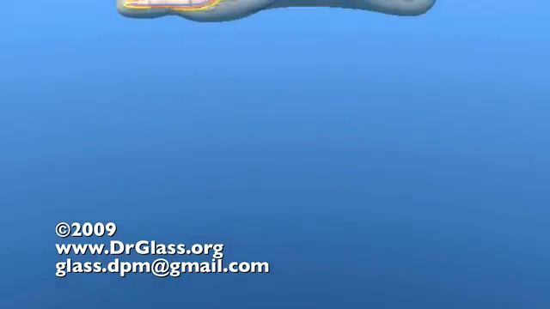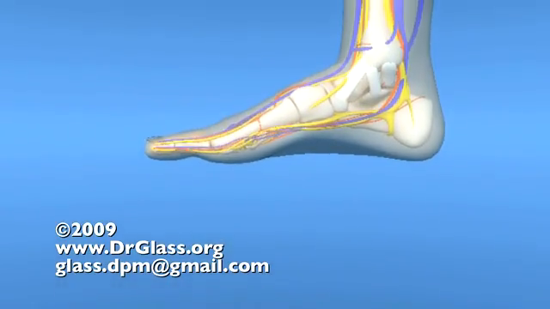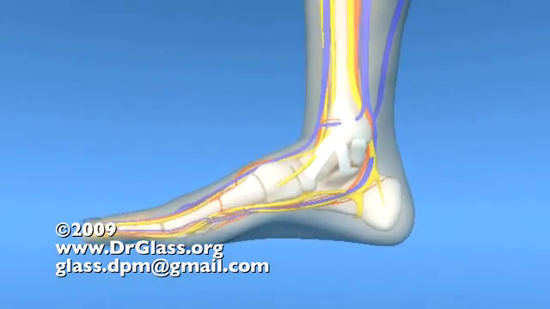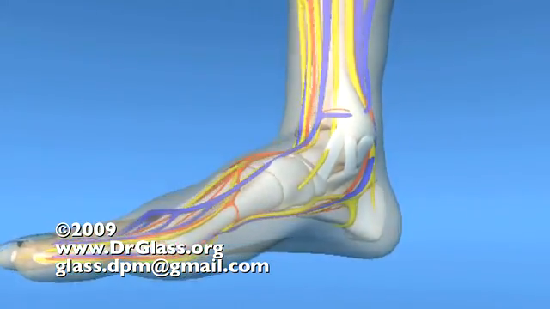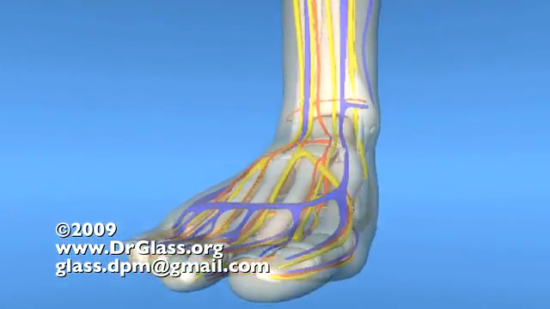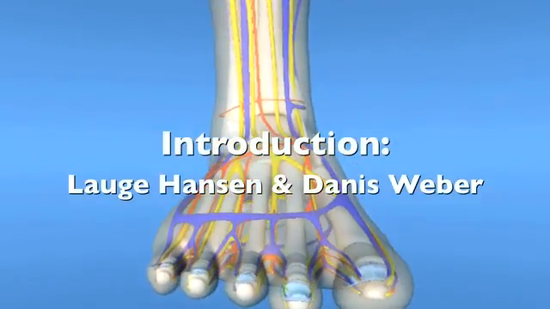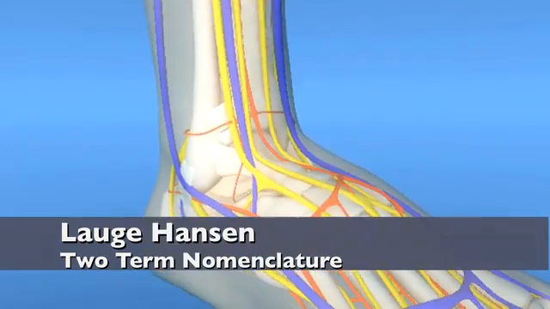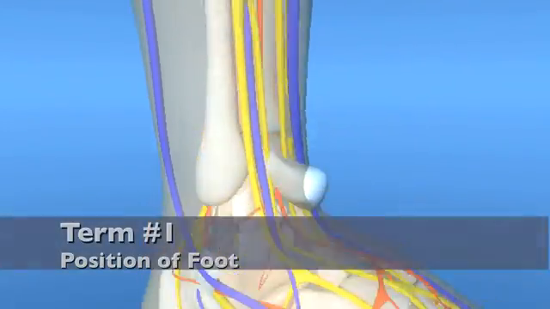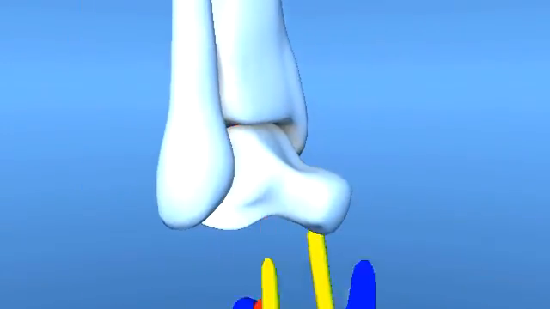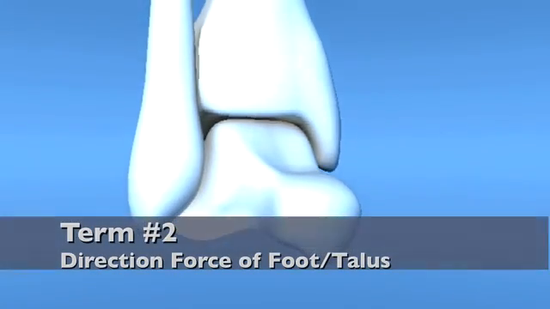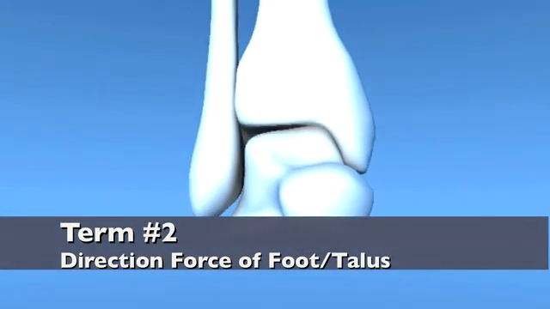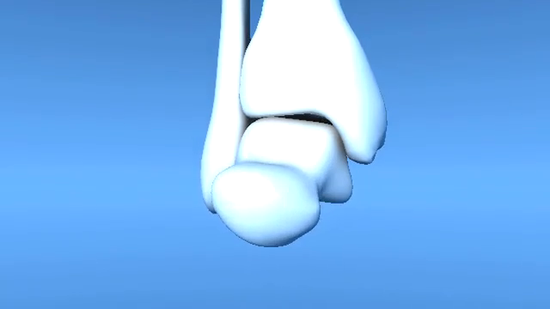Lauge Hansen is perhaps one of the most commonly utilized classifications for ankle fractures. Dr. Lauge Hansen, in 1948, broke down the mechanism of injury into two simplistic terms for a complicated three-dimensional fracture. The first term describes the position of the foot at the time of injury. The second term was originally described as the direction and/or force in which the talus moves relative to the tibia